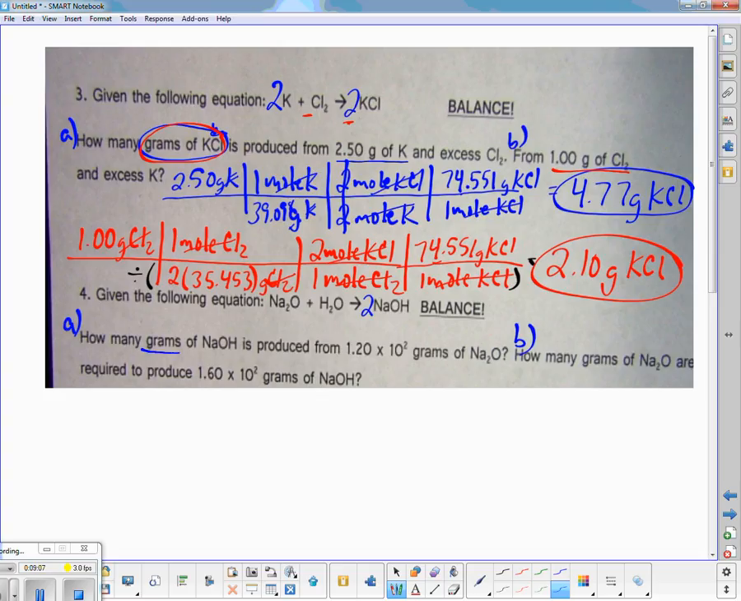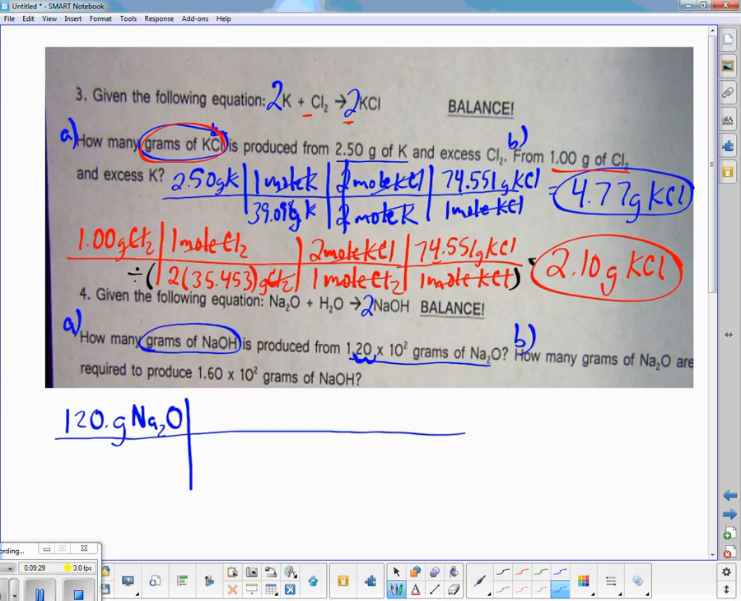How many grams of NaOH are produced from this many grams of sodium oxide? So I can leave it in scientific notation, or I can quickly convert it because it just is 2, so I just move the decimal 2, and it would be 120 grams of Na2O. Okay, so first step again, I want to get to moles. So 1 mole